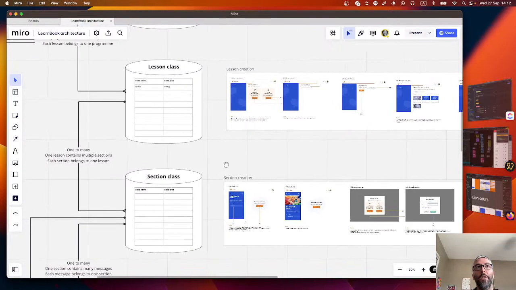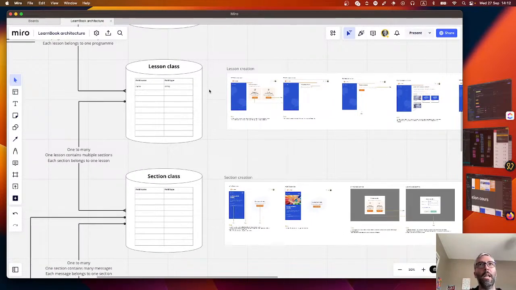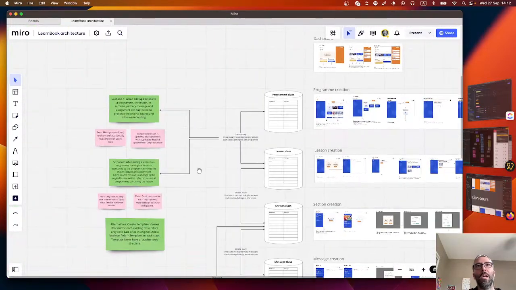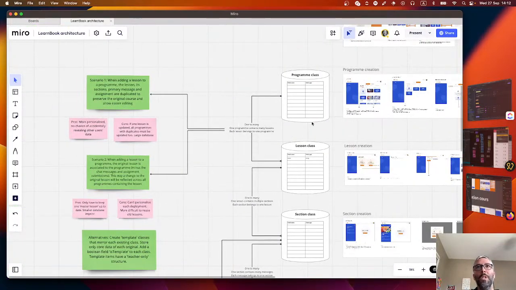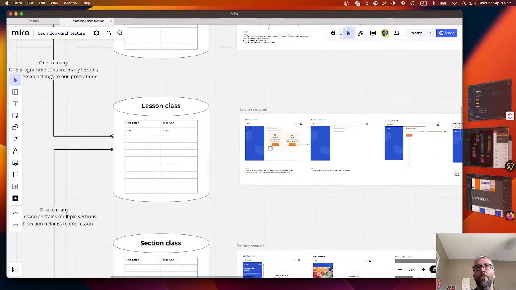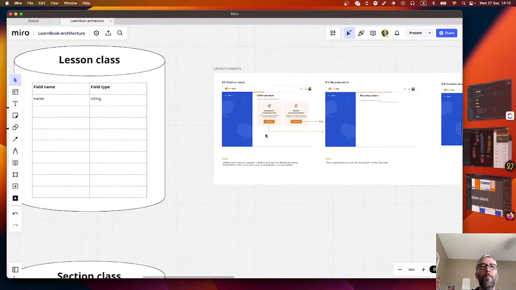That's getting something started. So before I go in and start creating classes, I start thinking about what needs to be in there, and also how these things relate to each other. So I wondered if maybe it could be a good idea to tackle this lesson creation, create a kind of prefab, so to speak, like get something already